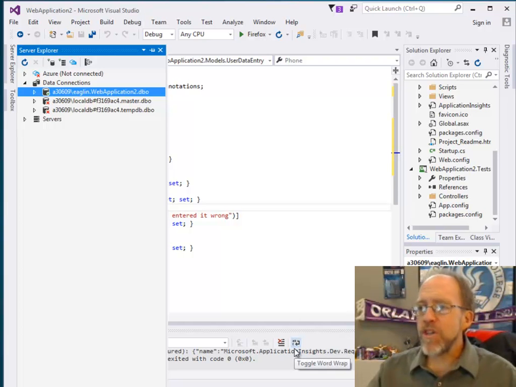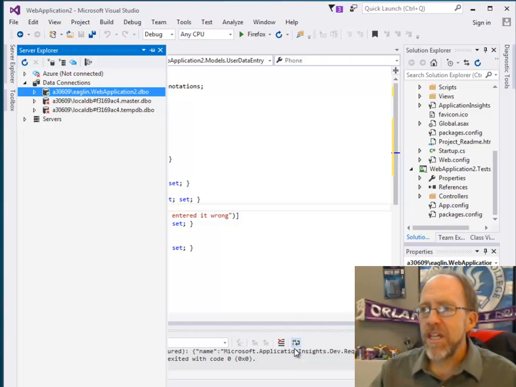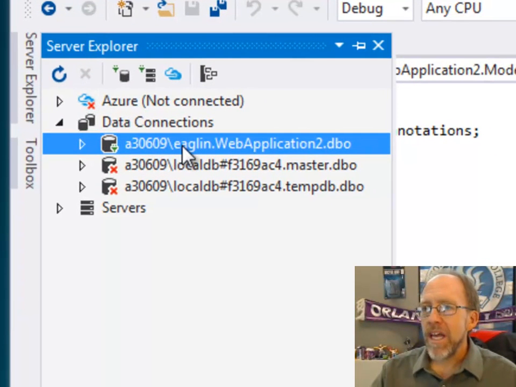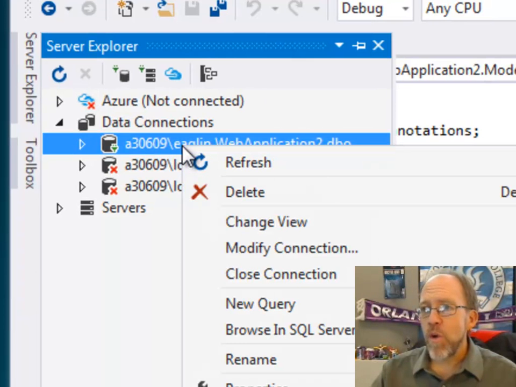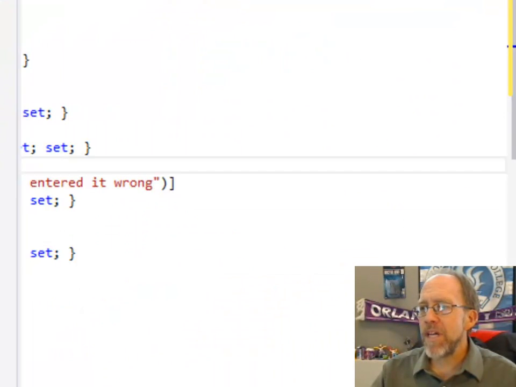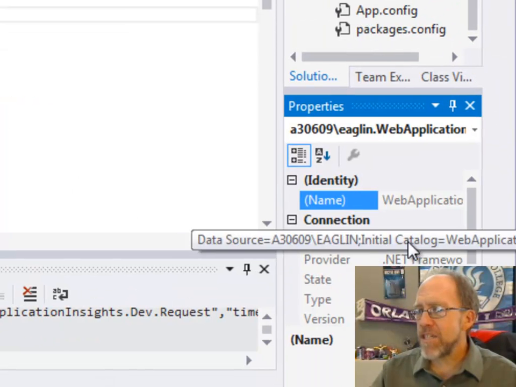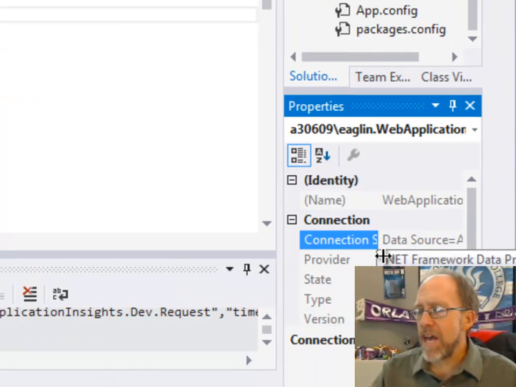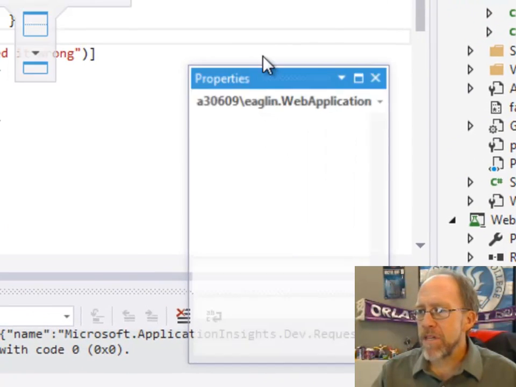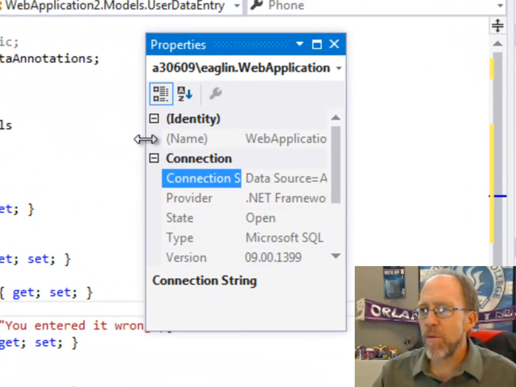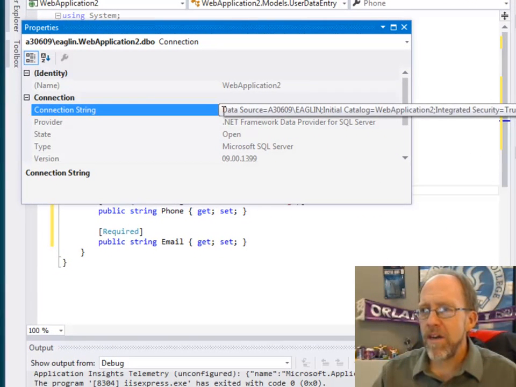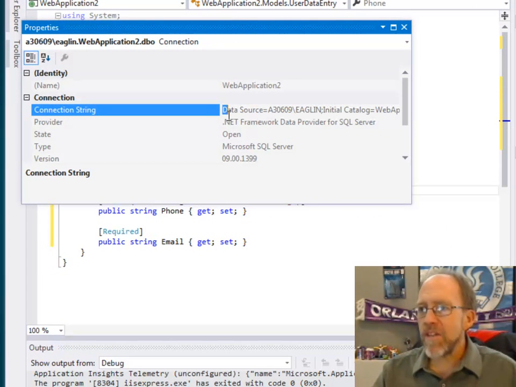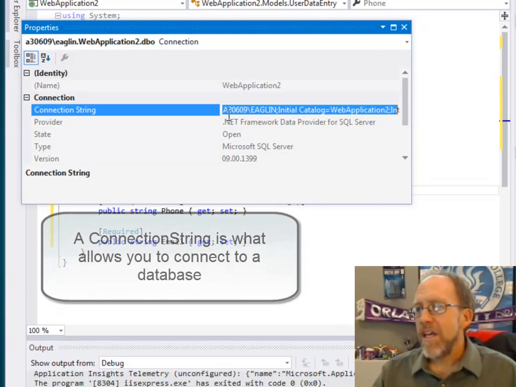The thing is that I need to use that live connection in this application, and I don't want to use a local DB. So what I need to do here is go to the properties and find the connection string associated with that, which is down here. I'm going to put properties up here so you can see it a little wider. The connection string is right here. Okay, I'm going to highlight the entire connection string, and